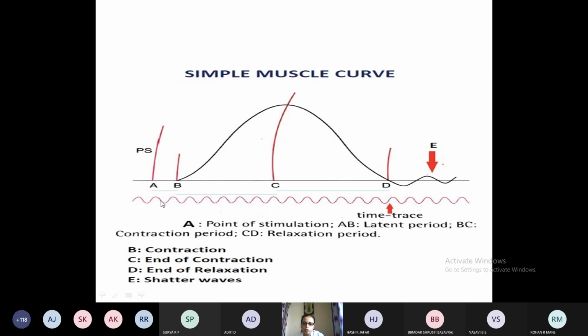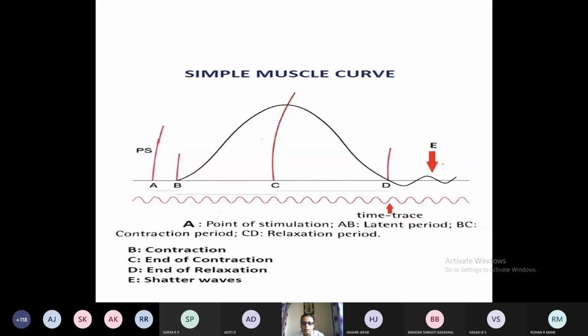Next, what will be the contraction period? Count here. How many curves are there? 1, 2, 3, 4, 5. I am taking almost the intact waves, not taking half of anything. So I am getting almost 5 intact wavelengths. What could be the contraction period? It can be 0.05. The normal contraction period for any simple muscle twitch may range from 0.04 to 0.05 seconds.